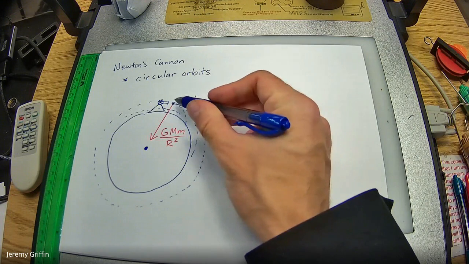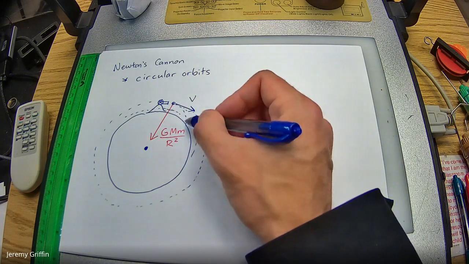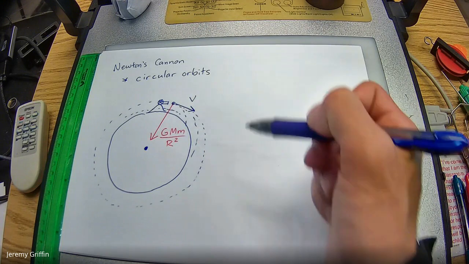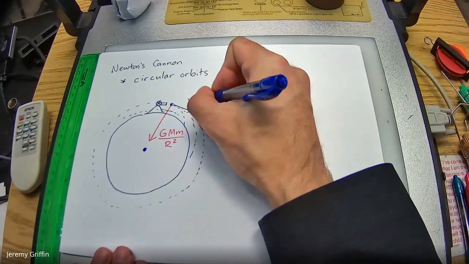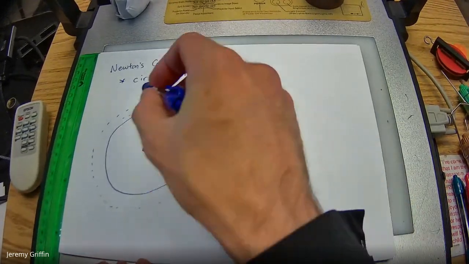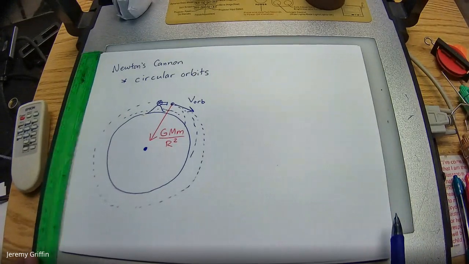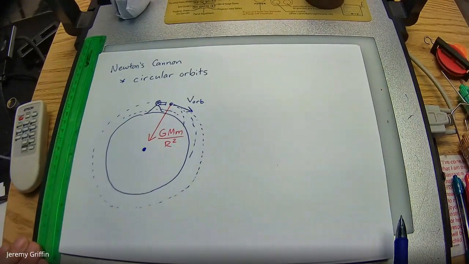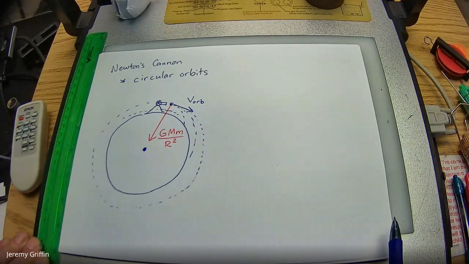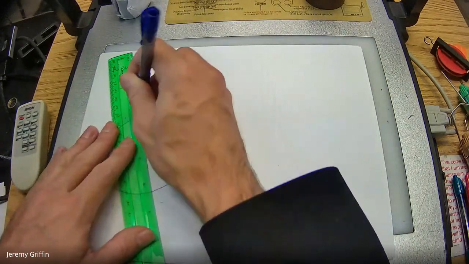But what if it's going so fast to the side that the 5 meter drop was exactly the same as a 5 meter change in curvature of the Earth? Then you would actually reach orbital velocity, or orbital speed. You could send that cannonball in orbit around the Earth. Isaac Newton realized that this is exactly what was going on with the moon. He was the first person to recognize that, or at least the first person to write this down. This is for some radial size r.